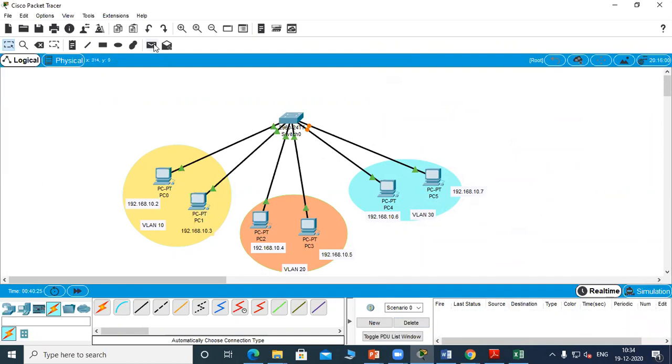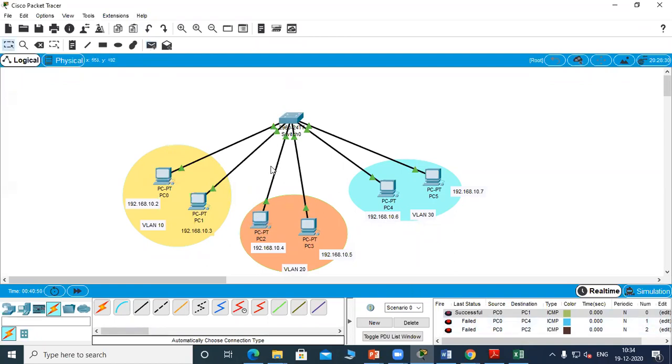Now we'll send the packet and see whether we can transfer it to the other VLANs. What happens? Now within the VLAN, it is successful. Now PC0 to PC4. See, it is showing failed because it is VLAN 30, because we have configured 3 different VLANs. Now we'll send from PC0 to PC2.